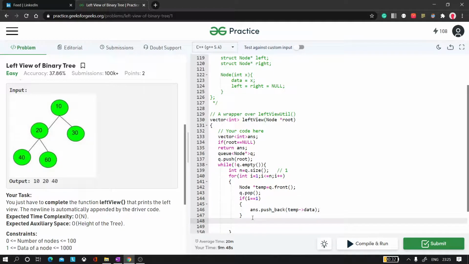Else if i equals 2, it means that is the second node at that particular level, so we do not need to push it. What we will do is check if temp left is not equal to null, and push that into the queue.